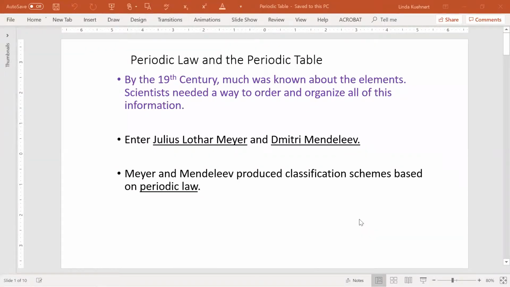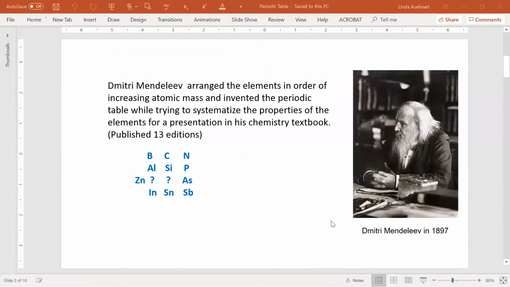Mendeleev and about 6 months later, Meyer, arranged elements by their chemical reactivity in groups or families. That's our columns. And we're going to see they were arranged in increasing energy in their rows or periods. Mendeleev and Meyer recognized that there were missing elements, and space was left to accommodate the yet to be discovered